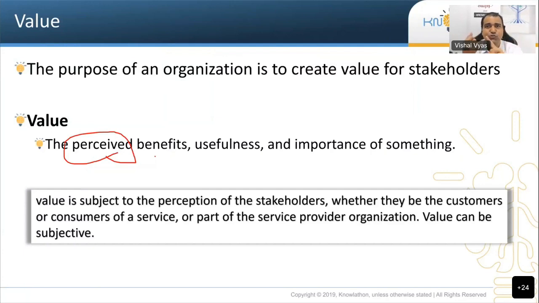So unless you know who the customer is, unless you know everything about the customer, it is difficult to quantify value. Some customer may say, oh, this service is fantastic. For the exact same service, the other customer may say, oh, this is a horrible service. That's possible, right? We have seen it multiple times.